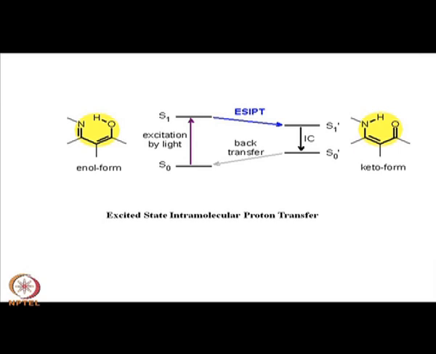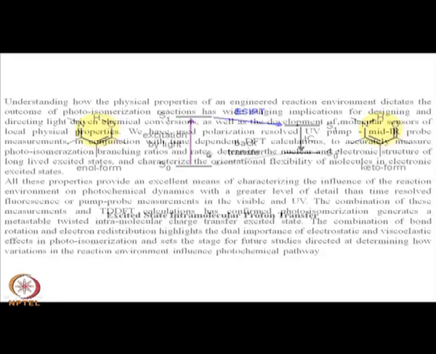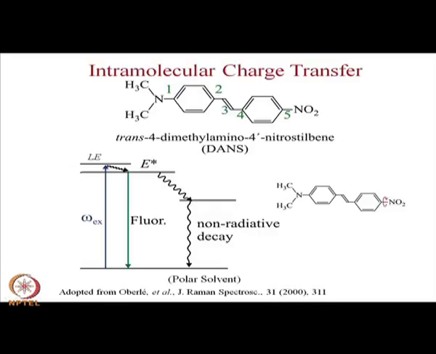Okay. So, this is about excited state intramolecular proton transfer. Other than that, there may be excited state intermolecular proton transfer. Suppose you have one molecule in the excited state, but it is not able to form this intramolecular hydrogen bonded transition state. Then what is happening is that maybe it will try to form